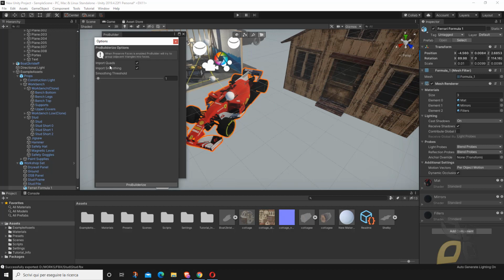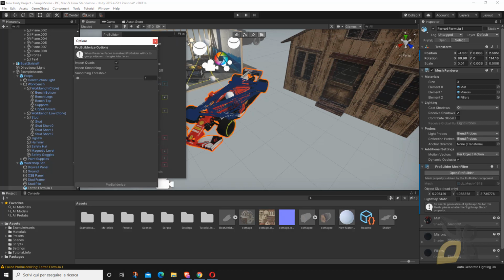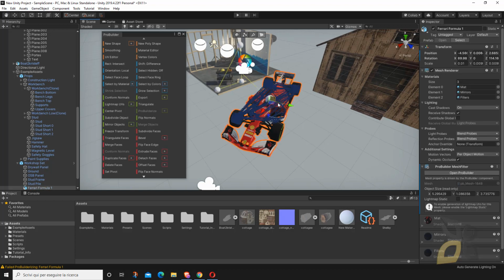This is gonna convert your model into a ProBuilder object so that you can basically work with this directly in Unity. All right, now it looks like the same model, but this time you can edit this one in the Unity application without using any other software.